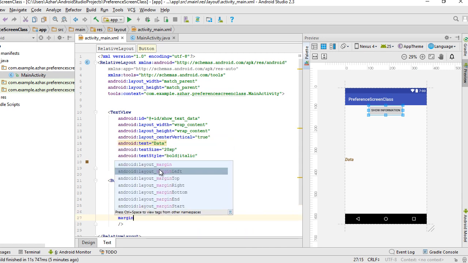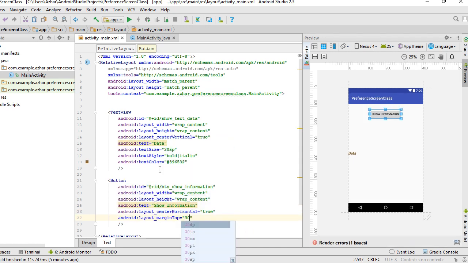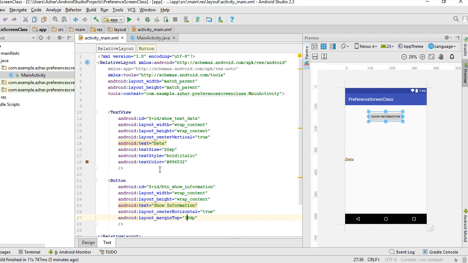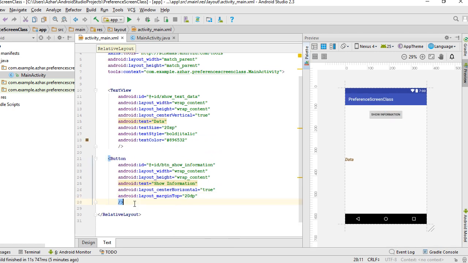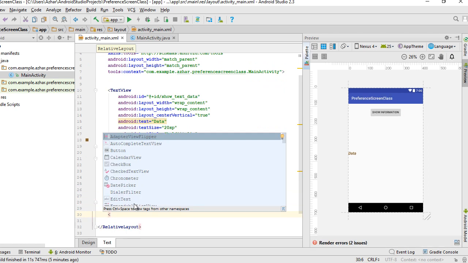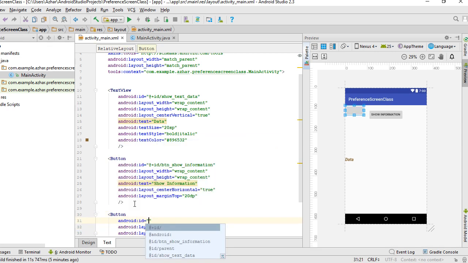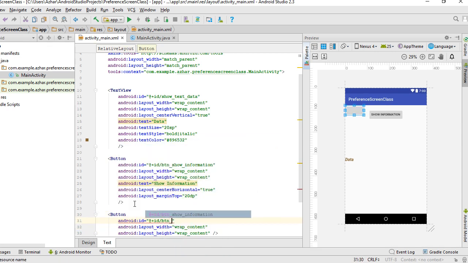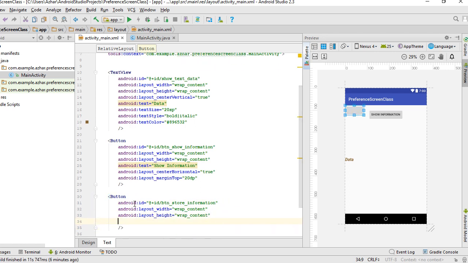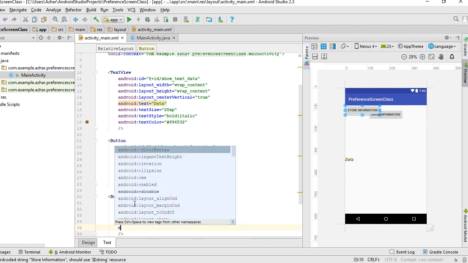Okay, for margin top I'm going to give it 30 dp or 20 dp is enough. So I'm going to create another button for opening our preference screen. Wrap content. I'm going to choose an ID, btn store information. So I'm going to set the text for this one, store information, and I'm going to put it